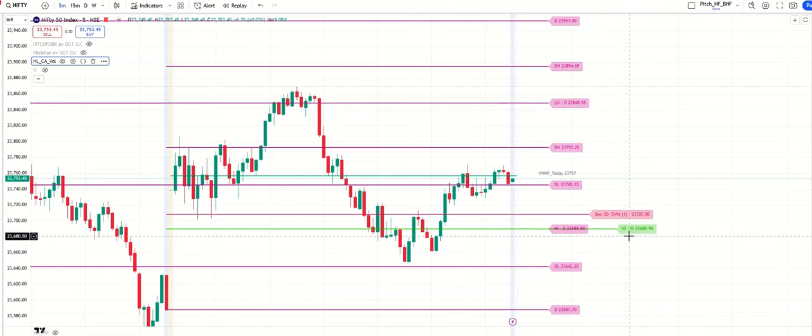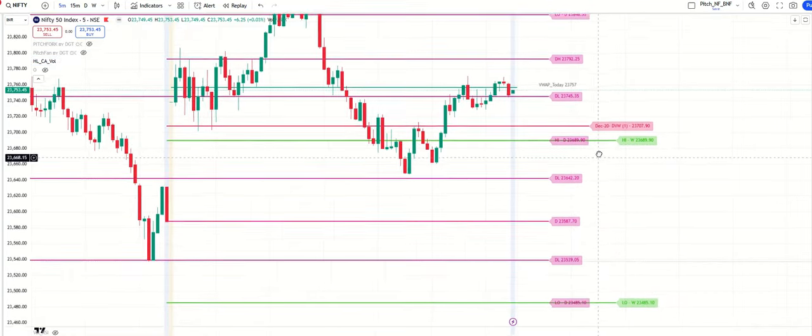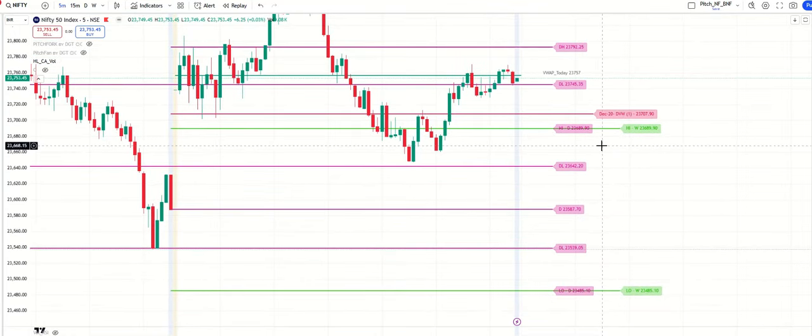So this is the high of the week, high of the day. Remember this, because it plays a very important role, if you have already seen part one of how to use these lines, right? This is exactly the same thing. The market opened just above this high of the week, high of the day. There is no PE opportunity when the trading is happening above this, because this definitely acts as a strong support.